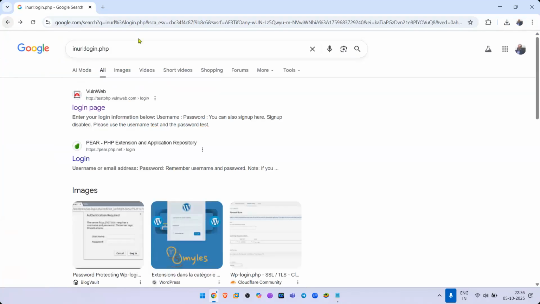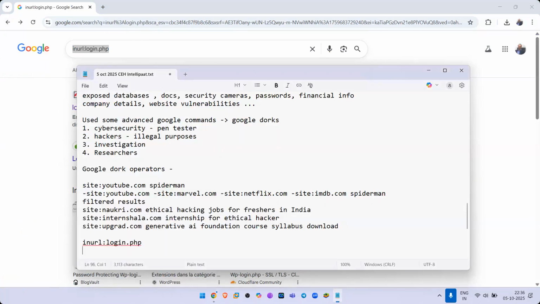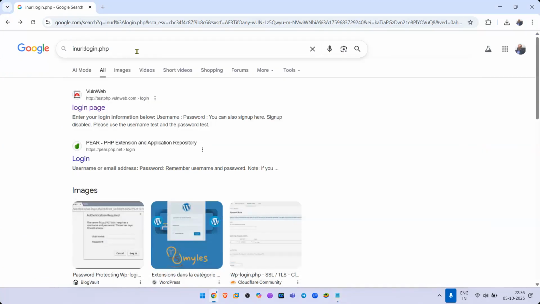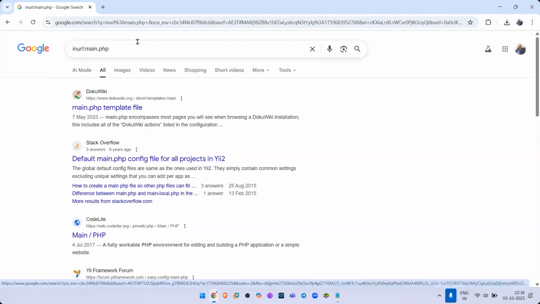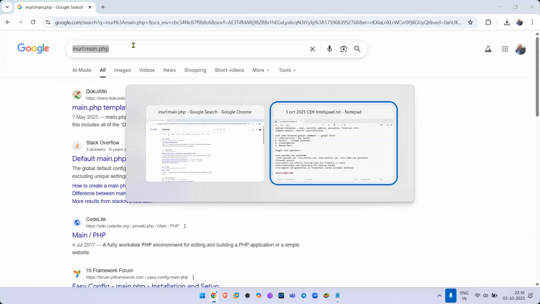Okay. So you will get used to this website in the next couple of days. By the next class, you will start using this website. So inurl login.php, you can check. You can try inurl main.php, and that takes you to other options for these kinds of websites.